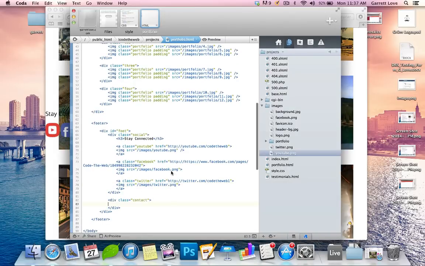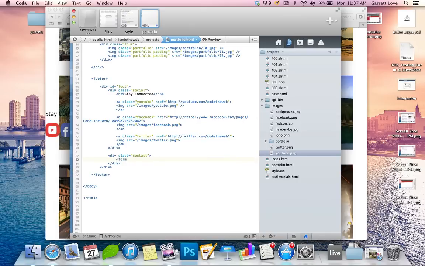Alright, and now for this contact, let's set up the form. So we're going to have a form, and we'll make it a class, and the class is going to be contact, and the name will be form, just because there's probably not going to be any other form on here. And then the method is going to be post, and that's it for that. And then we're going to have 3 inputs. We're going to have name, email, and message. So we have to label each one, and we're going to have label for name. It's going to say name,